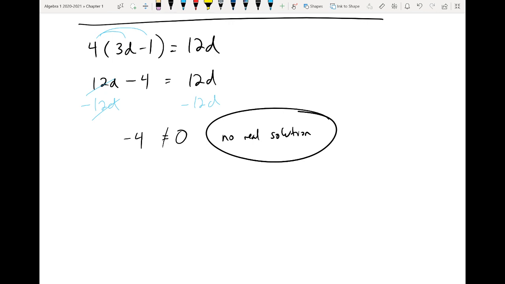The other thing that we would have done is if we divided by 4 in the beginning, we would have had 3d minus 1 equal to 3d, right? And then again, subtracting my 3d, I would have had negative 1 is equal to 0. It's the same conclusion. That's not true, right? So that would have also yielded the same conclusion, that there's no real solution. Next,